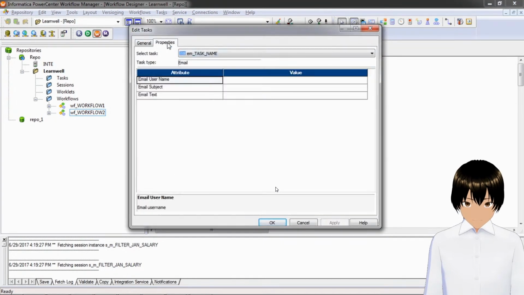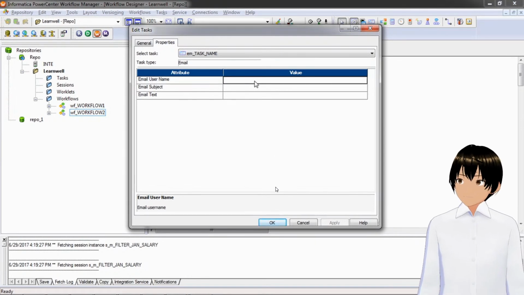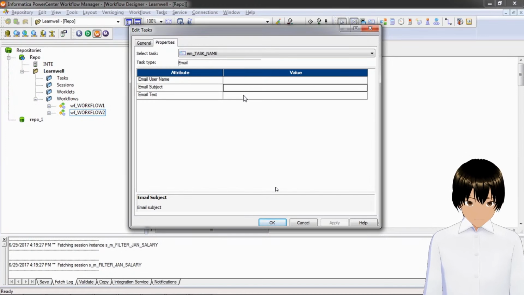Double-click the email task, then click Properties. Add the details in the email task: username, subject, and text. Send the email notification. If you wish to send the notification to multiple users, you can separate the email IDs by commas. Email subject: mention the subject of the email which you wish to send. Email text: